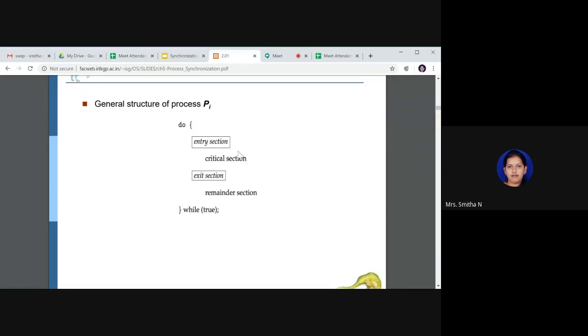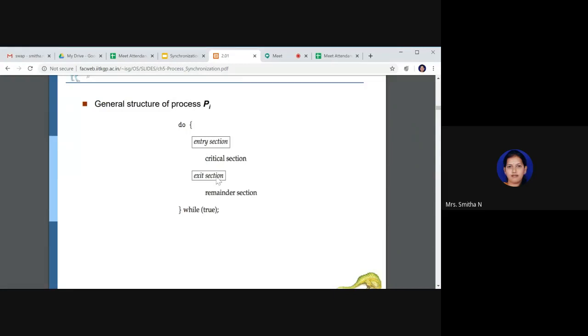After allowing, consider it allowed the Pi process. Pi process is in critical section. If Pj process tries to enter, entry section code will block it and it will not allow Pj to enter into critical section. That is why we need to have an entry, in the sense you have a door at the entry of your house. If you lock the door, no other process can enter, right? Like that only, you have to lock the entry section for other processes from entering into critical section.